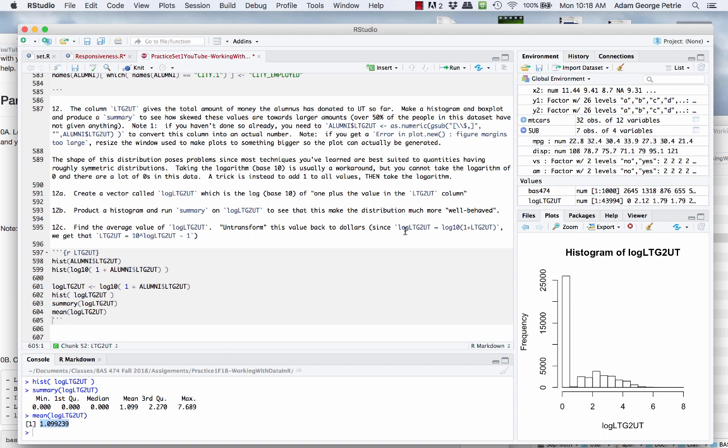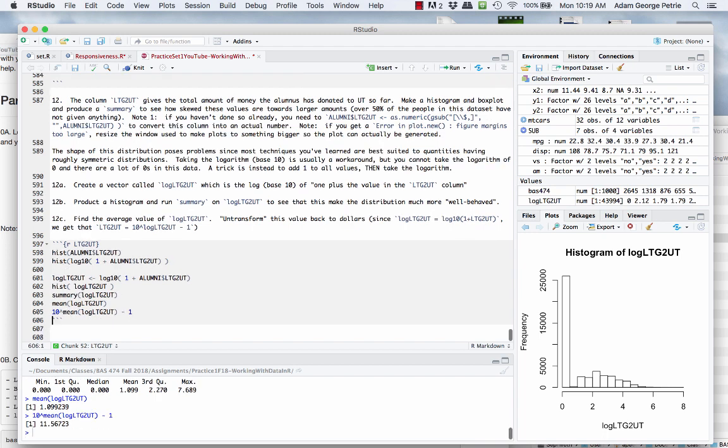All right, so because we defined the logarithm of LTG as actually the log 10 of 1 plus those values, in our transformation, to unlog it, we're going to take 10 and raise it to this value that we see here, and then subtract 1 from that amount. So that's how we unlog this transformation. Because we added 1 to everything, we've got to subtract 1 from the result here. So let's take 10, raise that to the mean of log LTG to UT, subtract 1 off, and there's our answer. So about